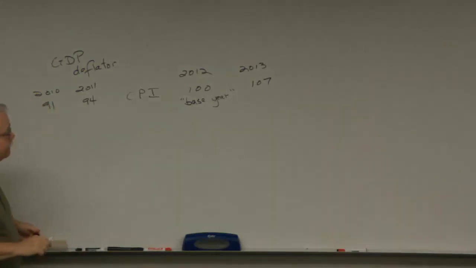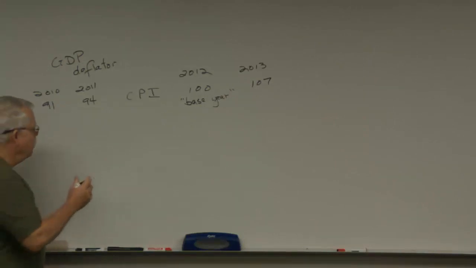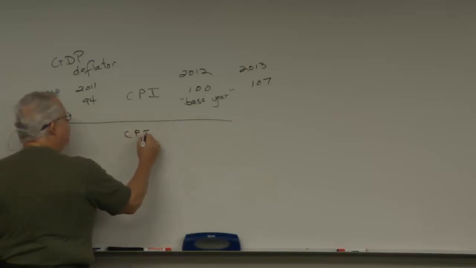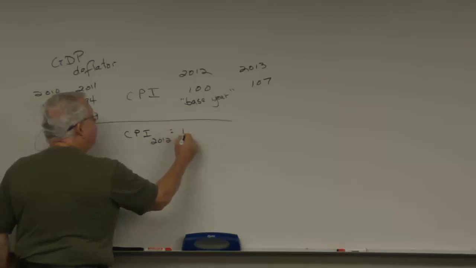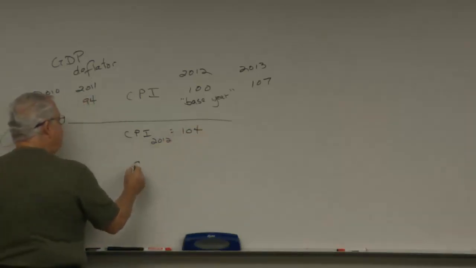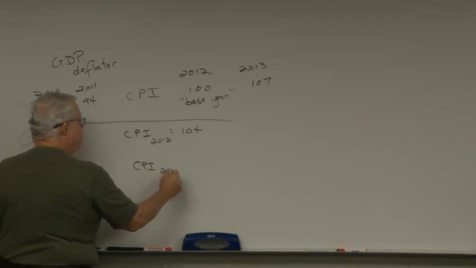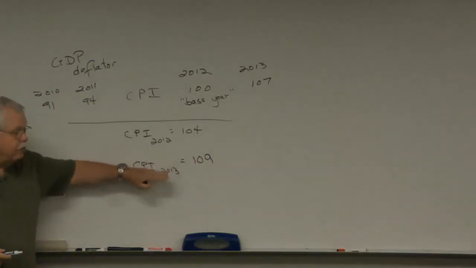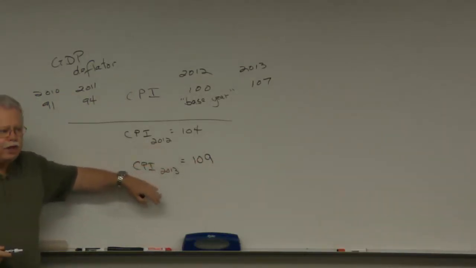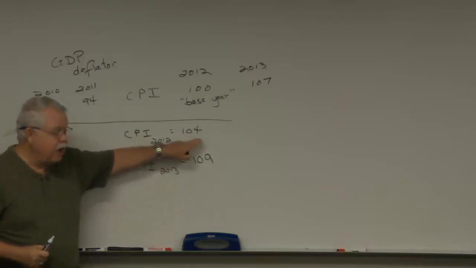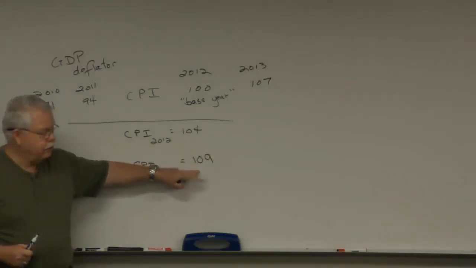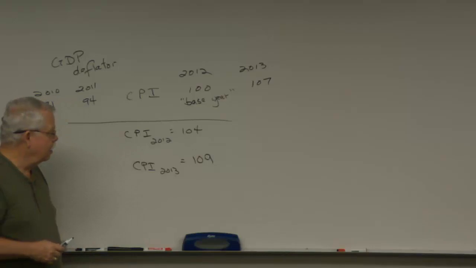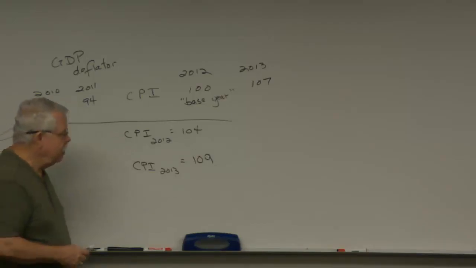First question. You will see questions along this line. So this is a sample problem. If the CPI in 2012 was 104, and the CPI in 2013 was 109, how much inflation occurred in 2013? What was the rate of inflation in 2013? And it's not 5%. That's the change in the consumer price index. Wouldn't it be like 109 minus 104 divided by 104? Yes, it's the change